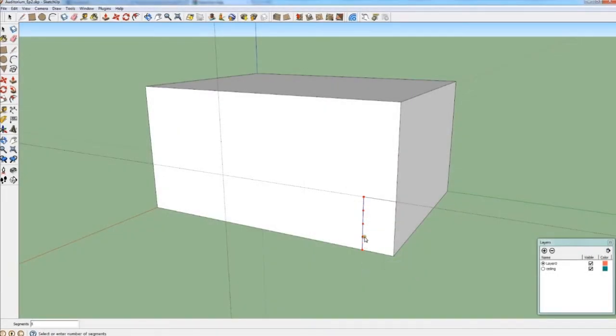So now, as you can see, when I just roll the pointer on the line, I can see dividing points becoming more dense, or the opposite.